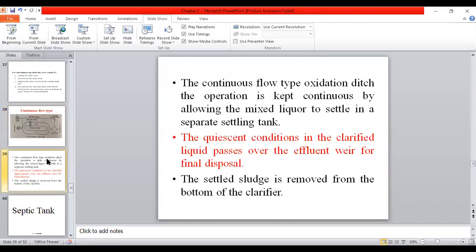Okay, same theory that I explained is written over here. The continuous flow type oxidation ditch. The operation is kept continuous by allowing the mixed liquor to settle in